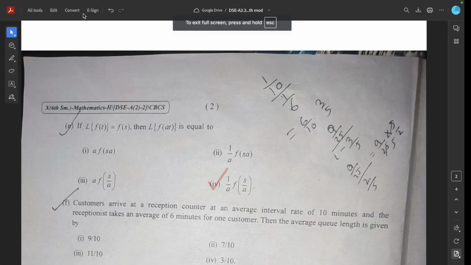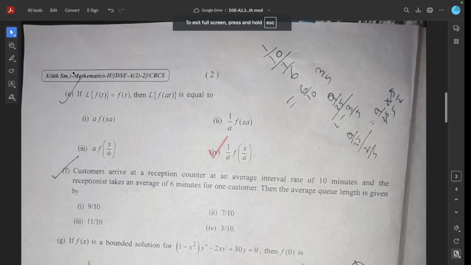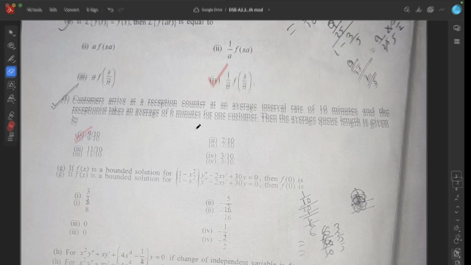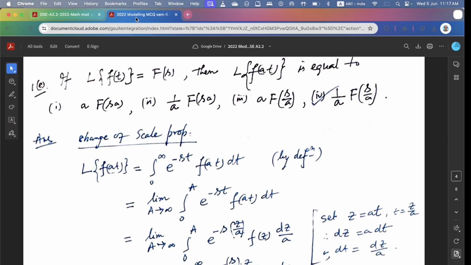Next question 1F. Customers arrive at a reception counter at an average interval of 10 minutes, and the receptionist takes an average of 6 minutes for one customer. Then the average queue length is given by, actually the correct option is 9 by 10, because